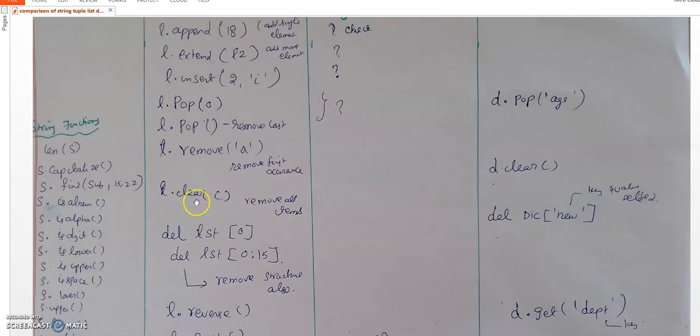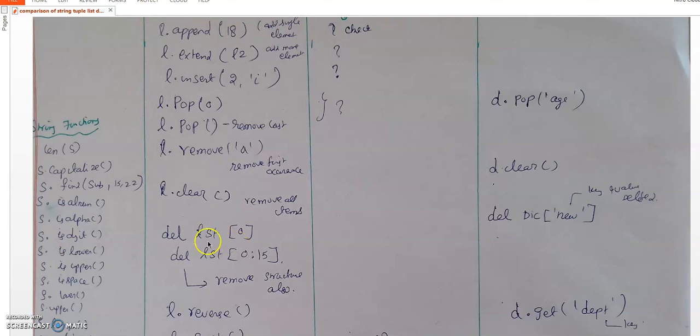Okay, so clear and remove, there is a difference. Clear means it will only remove all the items present in the list or the dictionary. Delete means it will remove the structure also. After removing all the items, it will remove the structure also. So after executing the delete command, if you go and check once again, it will give an error saying the variable is not defined. So with that we can confirm that the structure is also deleted.